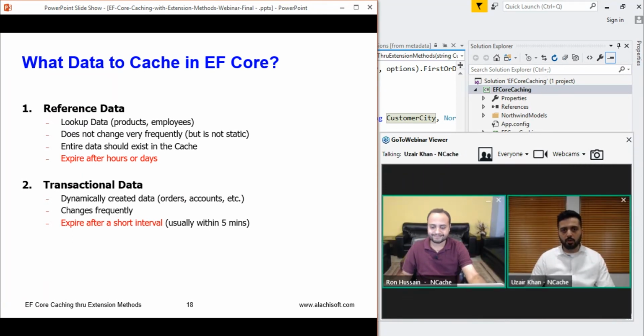Hey Ron, we got a couple more questions come up. One of them is: is NCache single-threaded or not? And does NCache suffer from data size cache issues, where a mixture of large or small KBs results in potential high latency? All right, first of all, NCache is a purely multi-threaded application on the client side as well as on